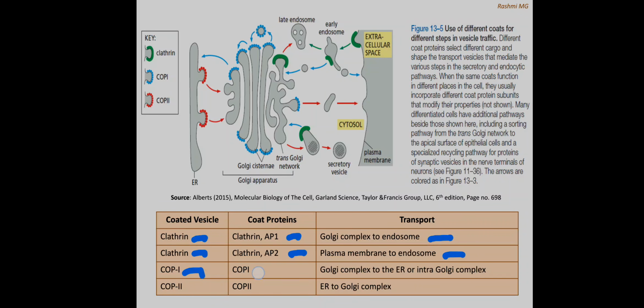COP1 is made up of COP1 coat proteins. It is helpful in the transport of proteins from Golgi complex to the ER or intra-Golgi complex. COP2 is a coated vesicle having COP2 coated proteins, which transports proteins from ER to Golgi, which is